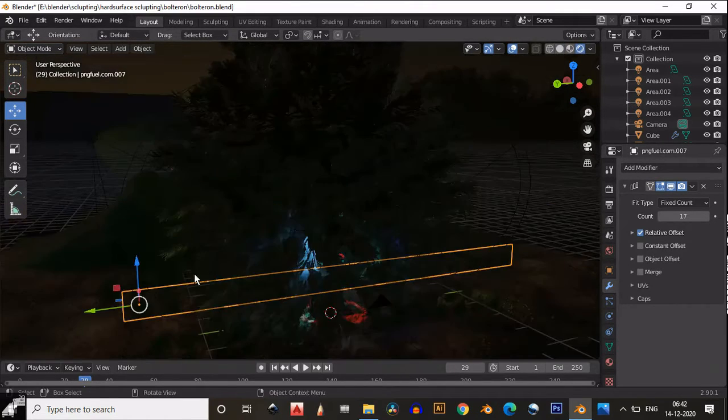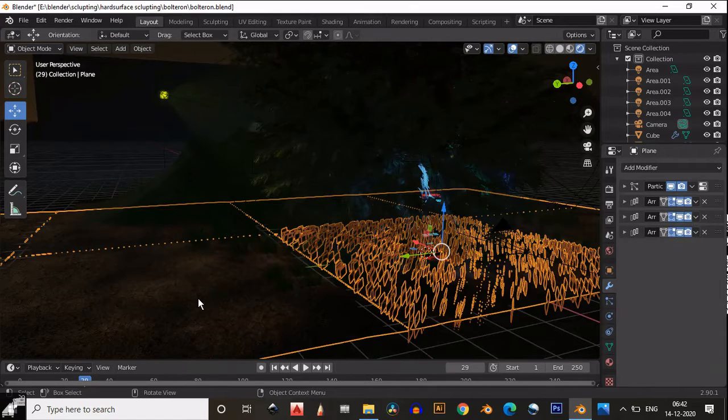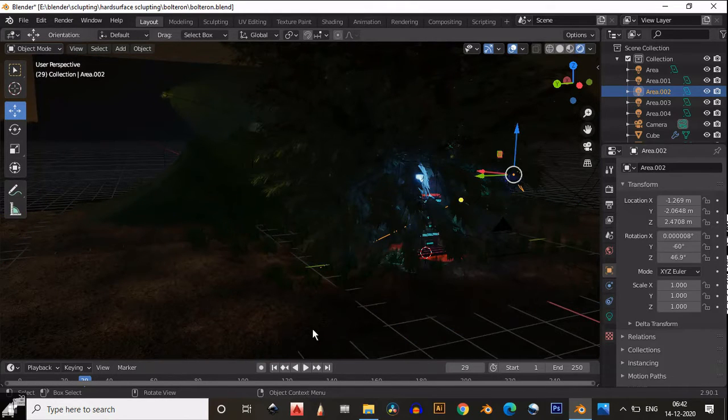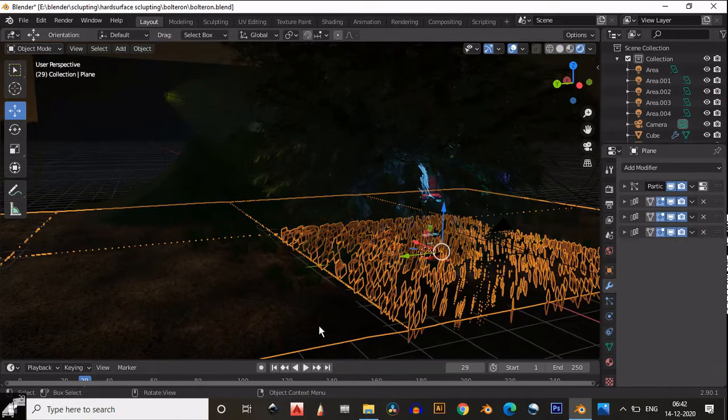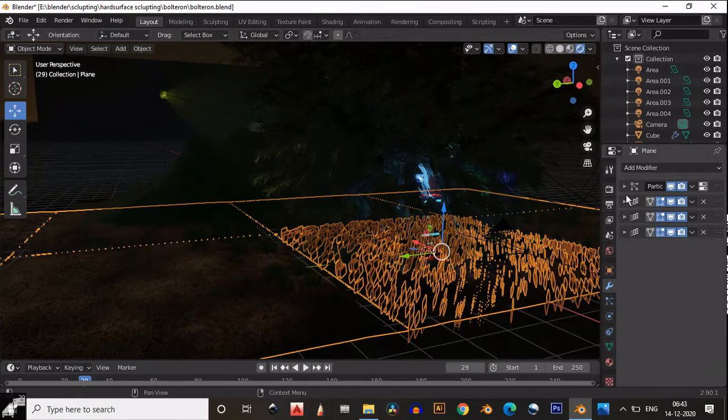And then the next part is our ground. To create a ground, I have used a simple plane, and I have applied one texture on it, which is like a dark grass kind of texture. You can see. So this is our plane, and I have used the grass kind of texture on it, and I use the array modifier. You can see here is an array modifier to increase its area. So that's why it increases length and width, you can say. And I have used a simple array modifier.